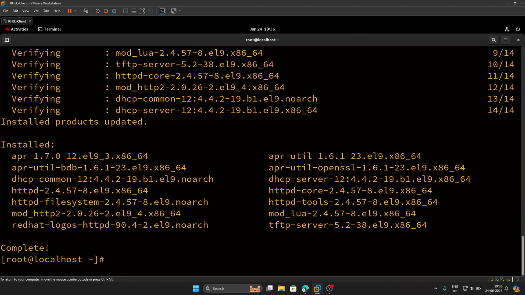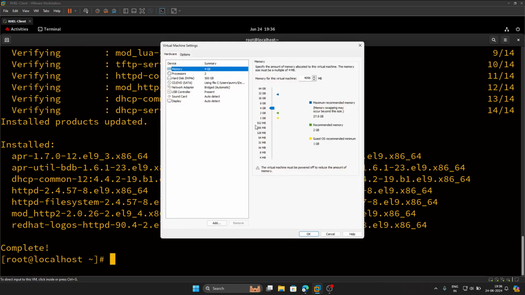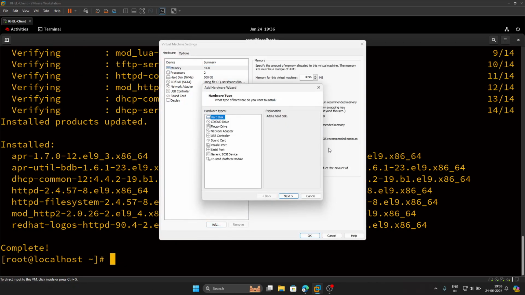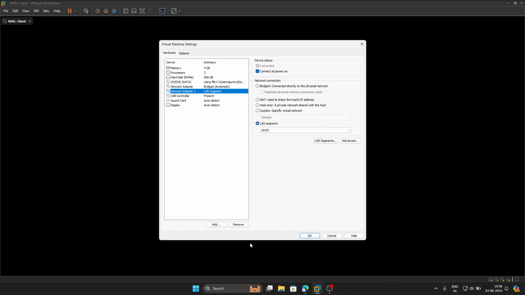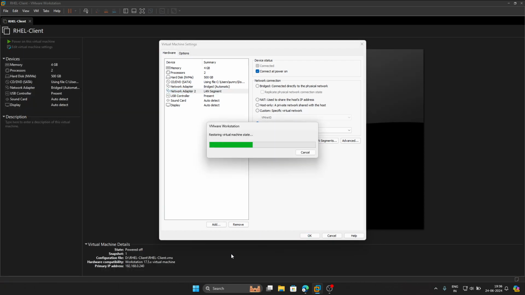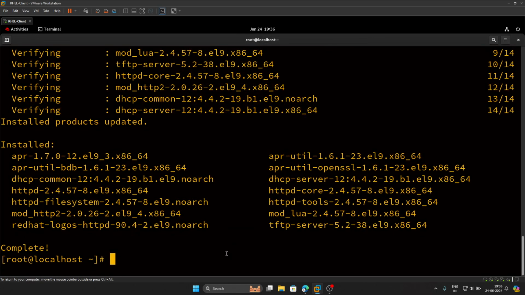So after installation these services, I'm going to add new adapter. Adapter LAN segment. You can add host adapter also by adding LAN segment. It depends upon you. So we are doing this. Then we have to configure DHCP. So we have to edit file using vim command. In the etc directory, there is a folder dhcp. There is a file